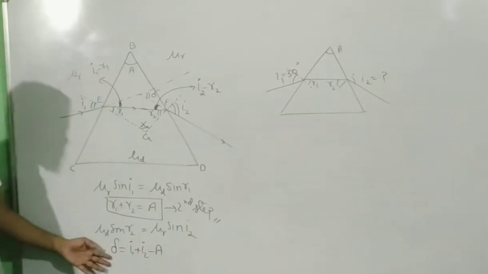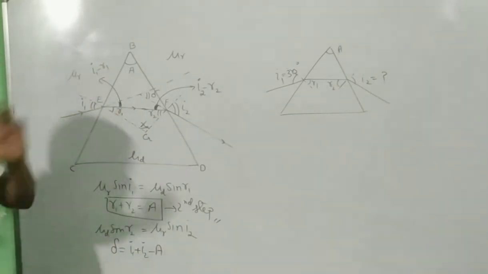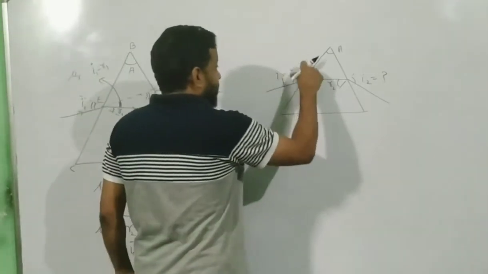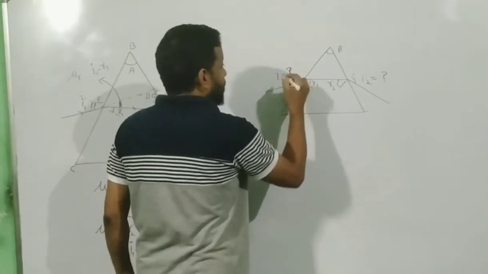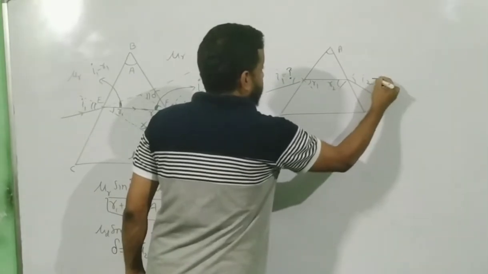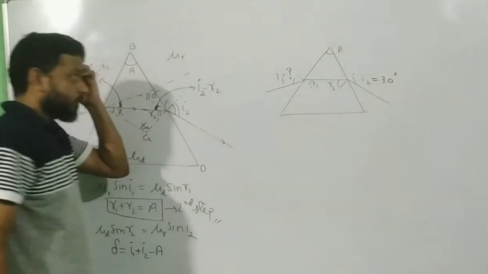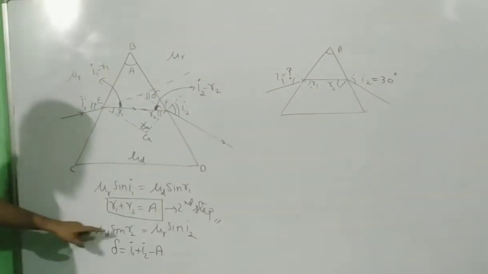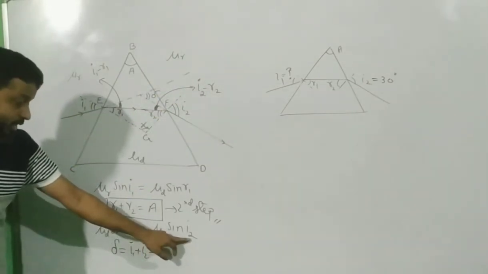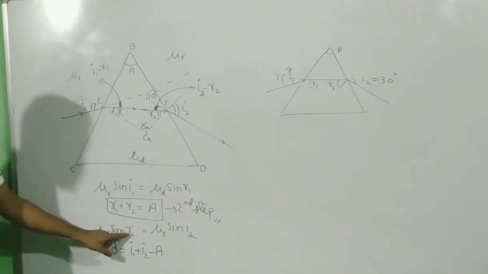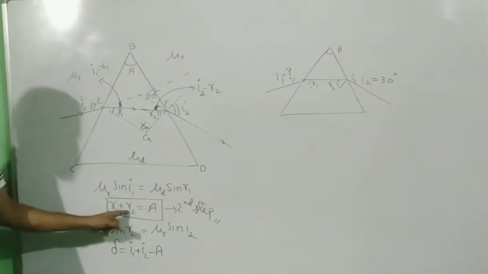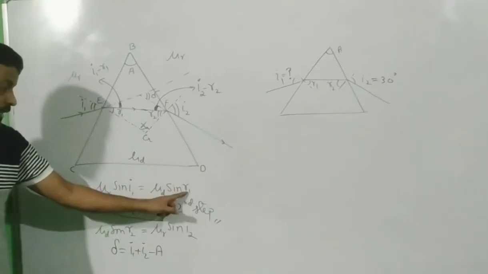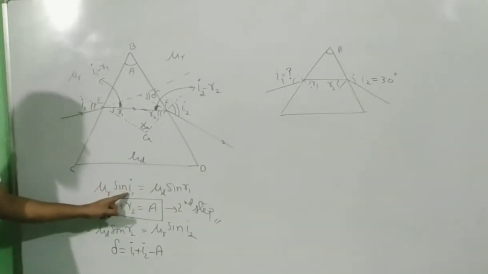Okay? And if they are asking deviation separately, we can find deviation also. In some cases, this will be given to you, this won't be given to you, and this is given to you. Say that I2 is 30 degree now. So if I2 is given, you have to go to the third equation now. Find the value of R2, put it back in the second step, get the value of R1. Once you get the value of R1, put it here as R1, and then you find the value of I1.